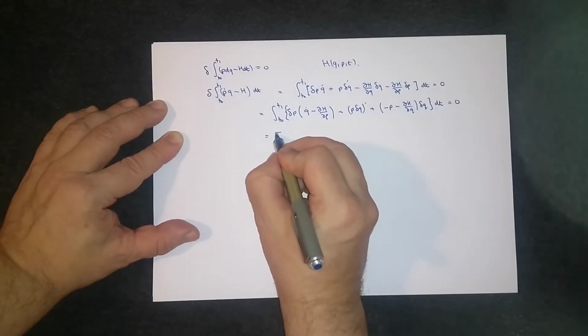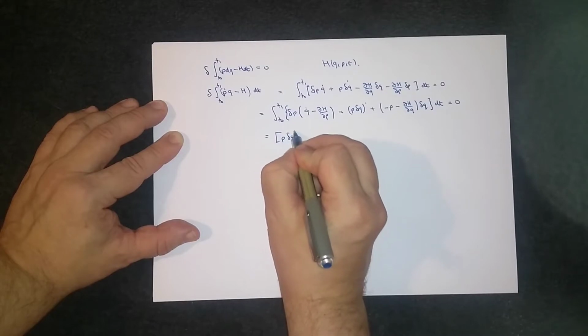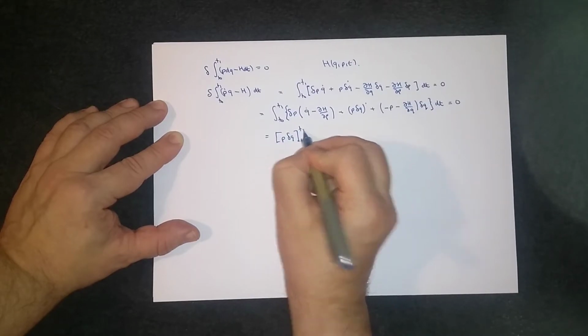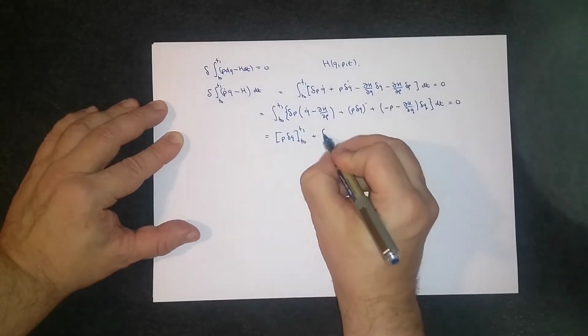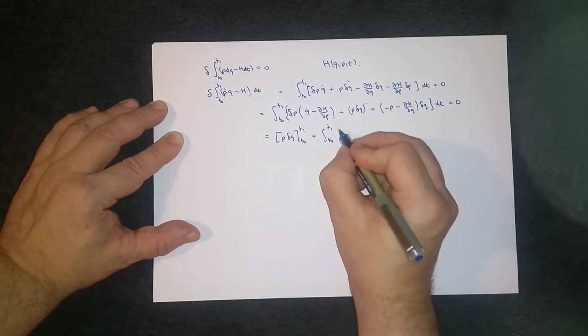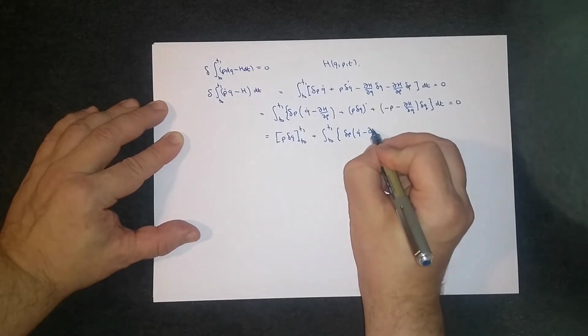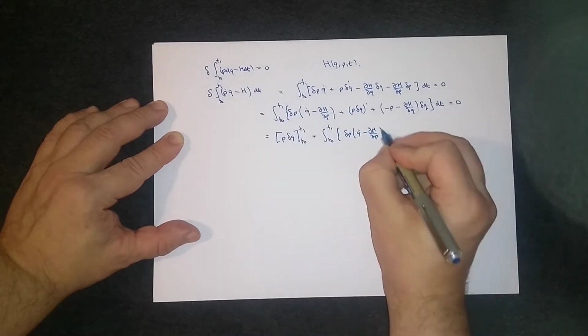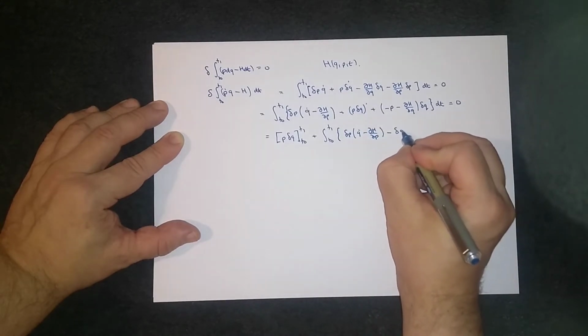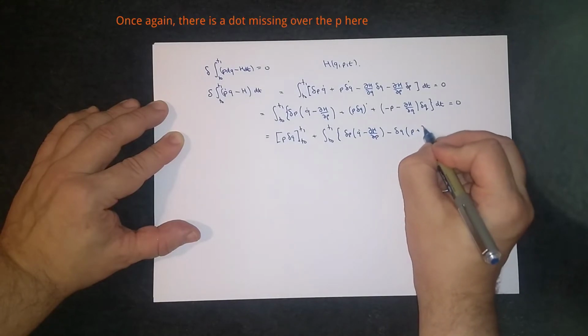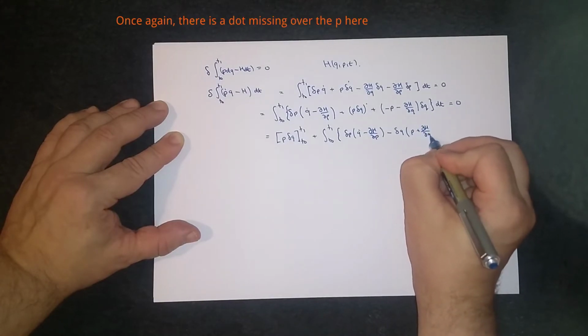So this term integrates out to give me that's t0 t1 plus the integral t0 to t1 delta p q dot minus dh by dp minus delta q p plus dh by dq